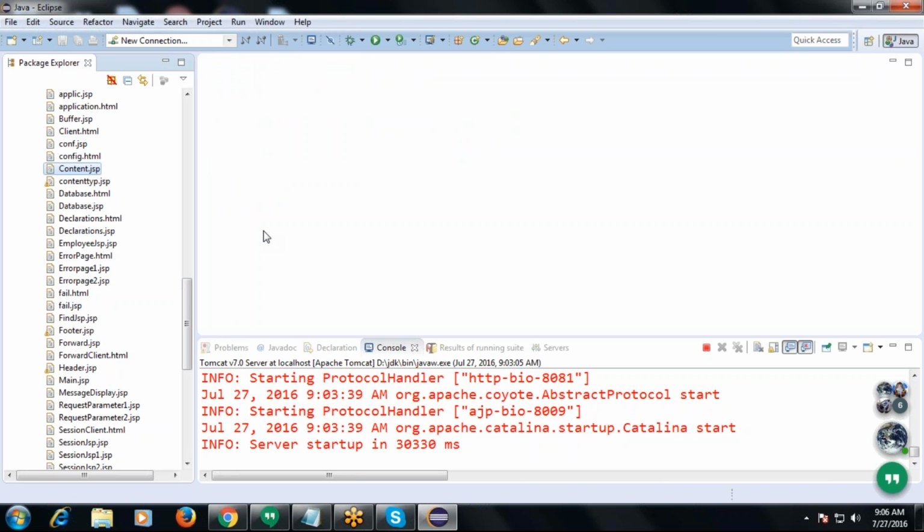Let's come to another one. We also discussed buffer. So what about buffer? It is another attribute called buffer. We already discussed buffer. Buffer is how many KBs the page will be, that means how much memory the page needs to process the request, right? That's what we discussed in the last session.